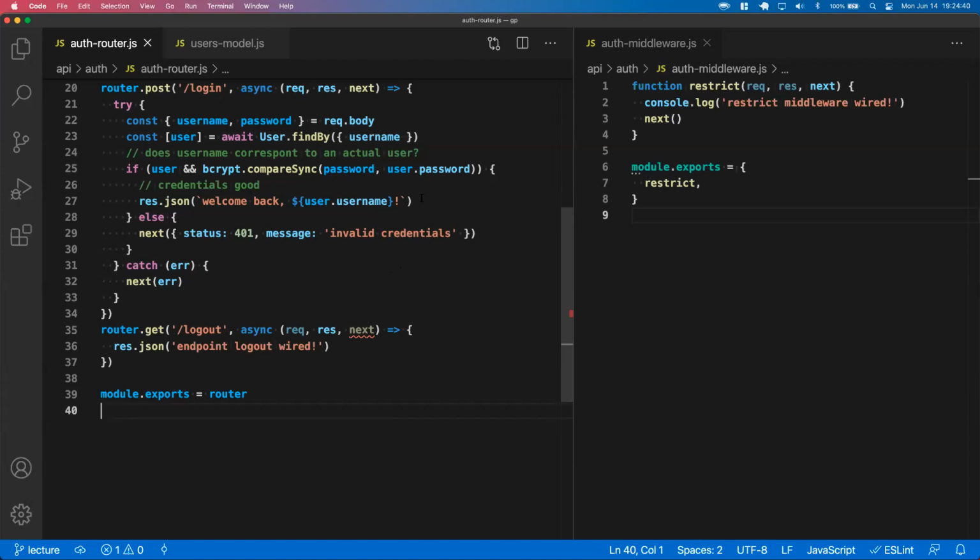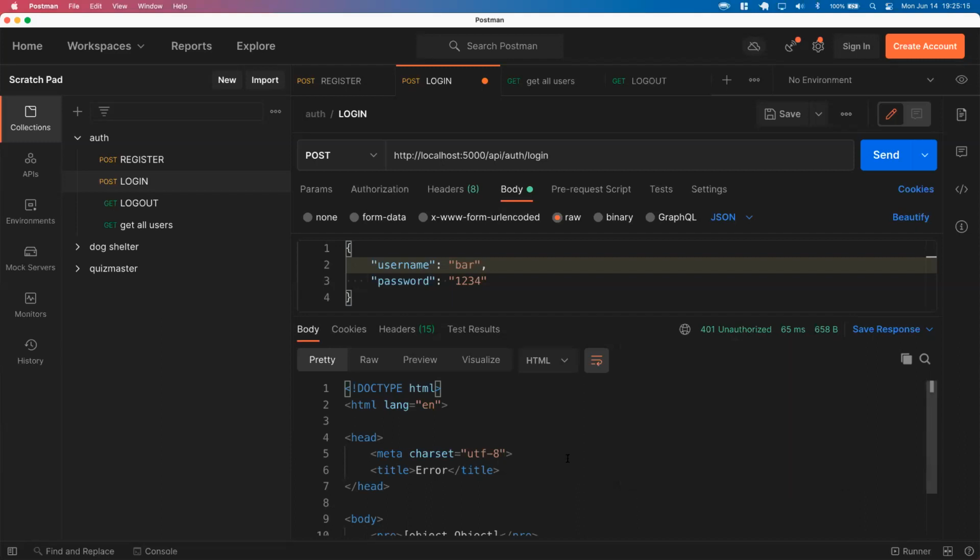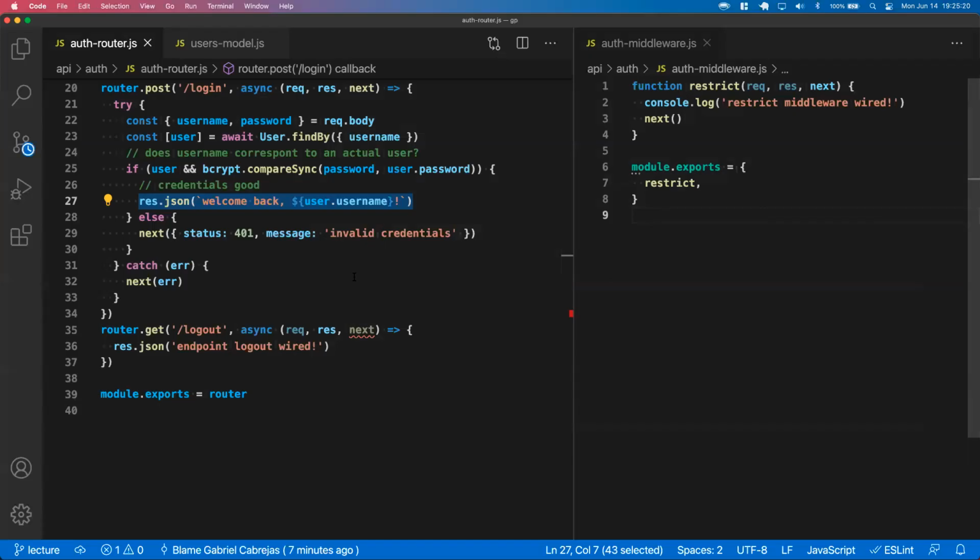Anyway, even so, we're still kind of screwed, because okay, the system identifies our credentials as valid, but how can we consider the user authed going forward into the future, right? So let's quickly test the login endpoint. Well, that didn't seem to do it. Oh, 401 unauthorized. But why are we getting this HTML? I mean, the unauthorized is correct, but